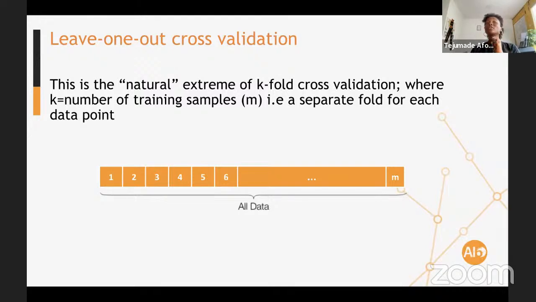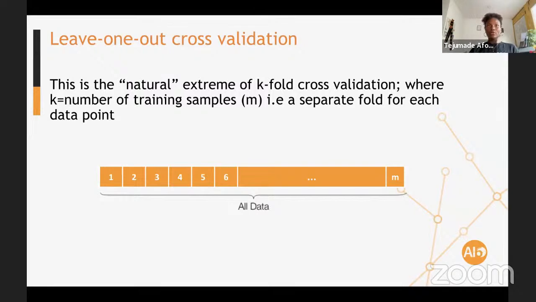So leave one out is very effective, especially when you have a very small sample set, where you cannot afford to just leave out 70-30%, that we talked about in the canonical cross validation, or like 90-10 or like 60-40, name it. So you just cannot set aside any part of your training data, and you still want to be able to learn and to validate and to be able to estimate your error, how well your model generalized. So you can do this, leave one out or K-fold cross validation.